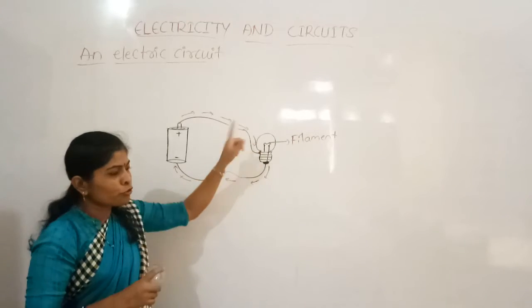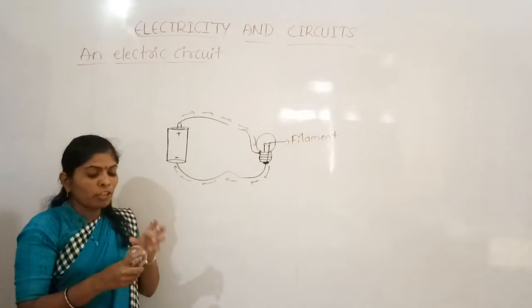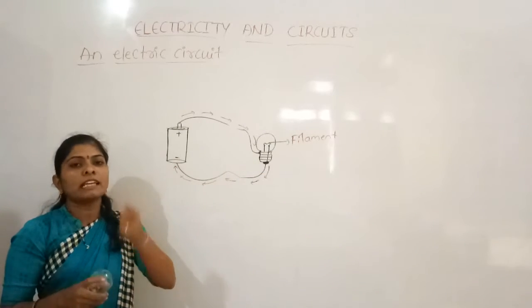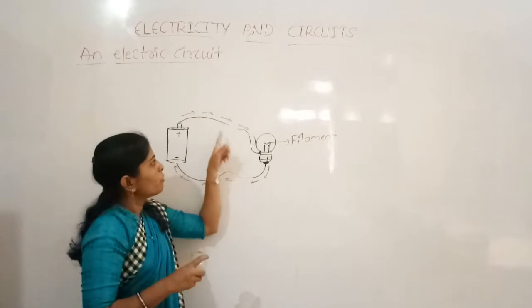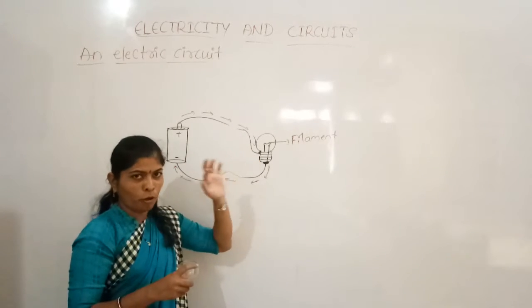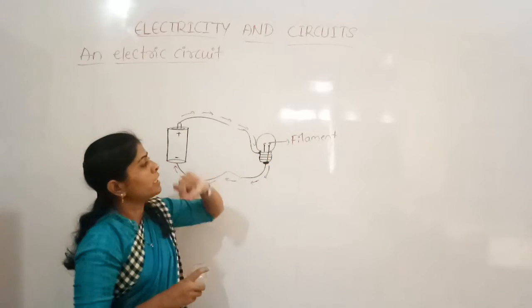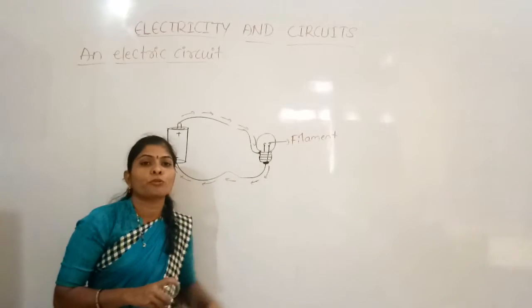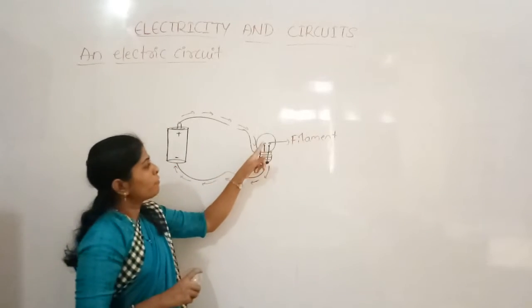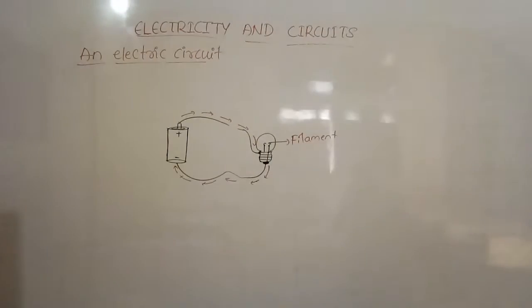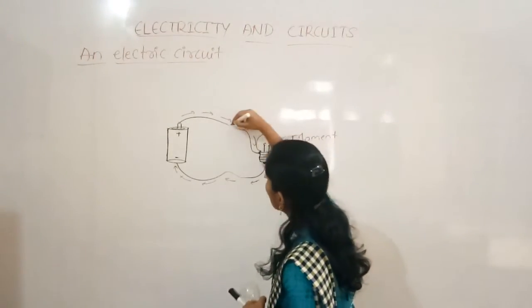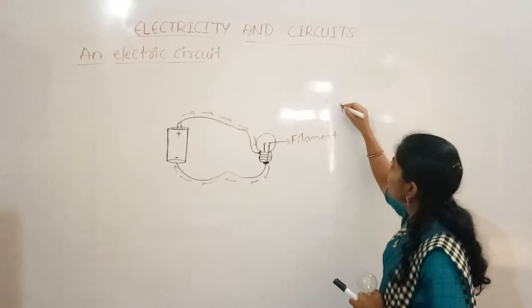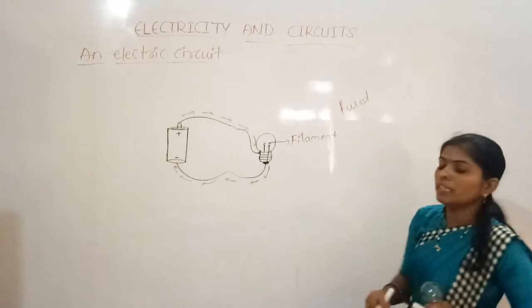Even this filament is also a good conductor. So it will also conduct the electricity, and only then does it heat up and glow. So that is the light. Right? So even though all the connections are correct and proper, if this filament is broken, then we can say the path is broken. If everything else is correct but the filament is cut, then we call it fused. The bulb may be fused.